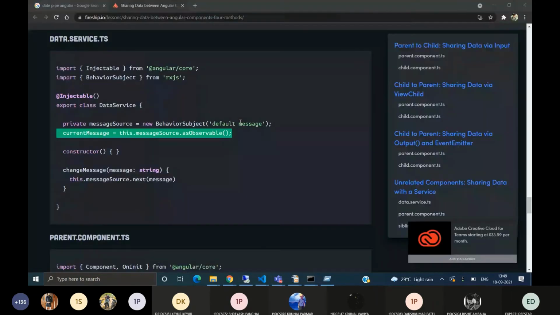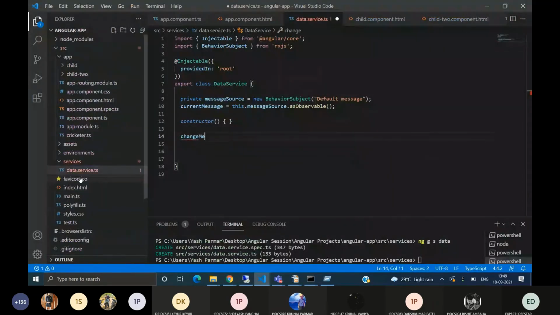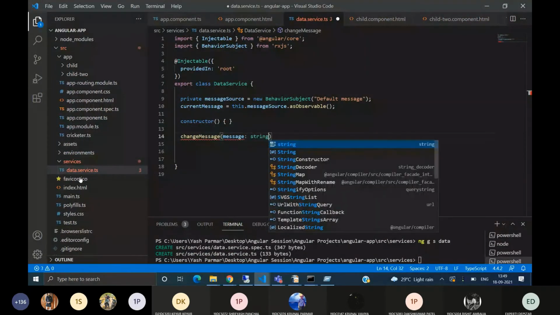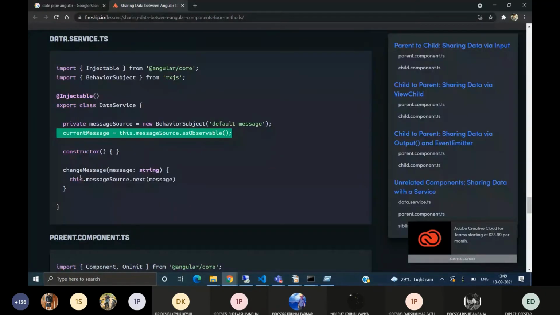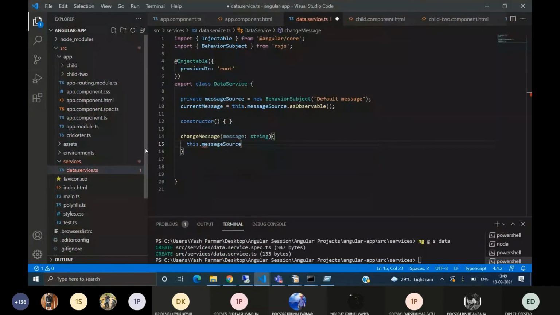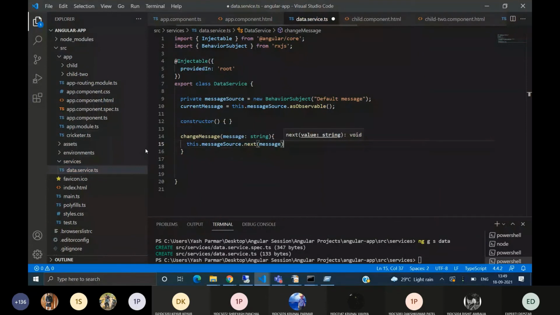For that, we'll create a method changeMessage with a message of type string, and what this does is this.messageSource.next, we pass that message. We are updating this messageSource with any message that we pass in this method.